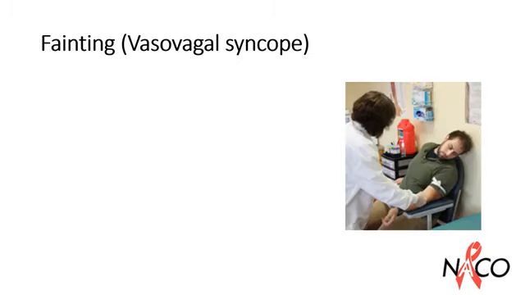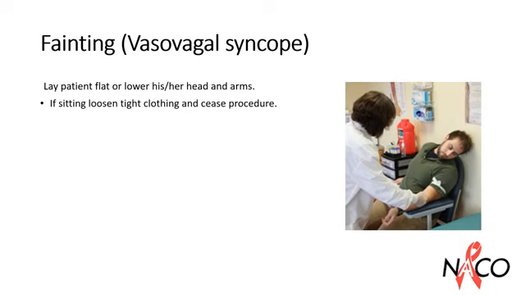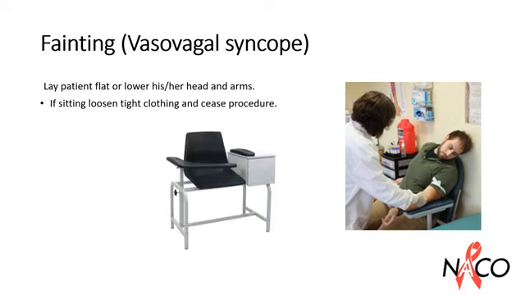If the patient faints, notify personnel trained in first aid, lay the patient flat or lower his head or arms. If sitting, loosen the tight clothing and cease the phlebotomy procedure. One of the main concerns in such situation is to ensure patient safety against fall or injuries. The need for usage of phlebotomy chairs with armrests and dissuading specimen collection while the patient is standing should be